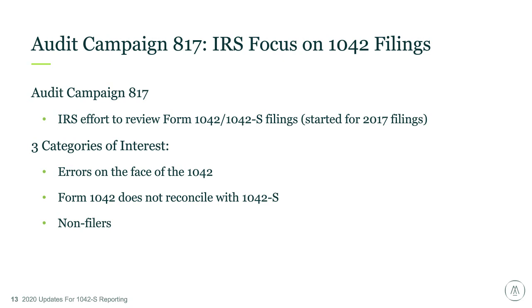So as the slide says here, there are 3 categories of interest: errors on the face of the 1042. One of the major findings of that report was a lot of reclaim of tax withheld, that there was no evidence of that tax having been deposited. The Form 1042 doesn't reconcile with Forms 1042-S. In fact, it appeared as though there were a lot of Forms 1042 filed by withholding agents that didn't have any Forms 1042-S filed along with them, which could happen in certain situations if you made a deposit and then